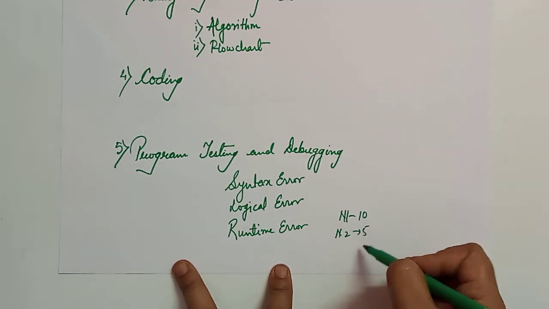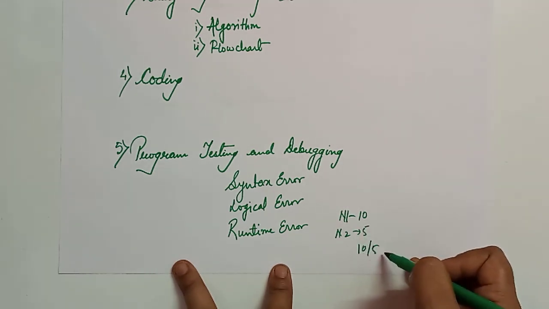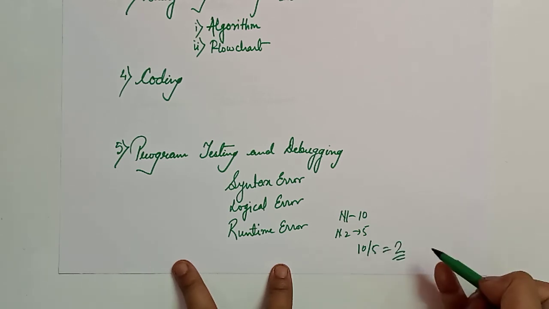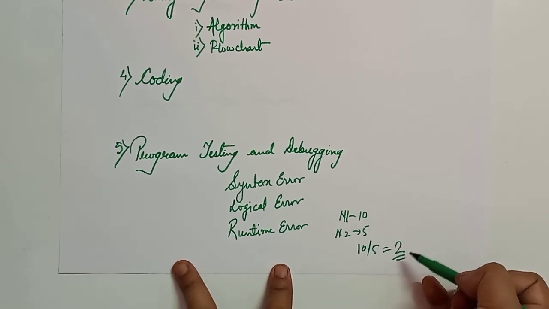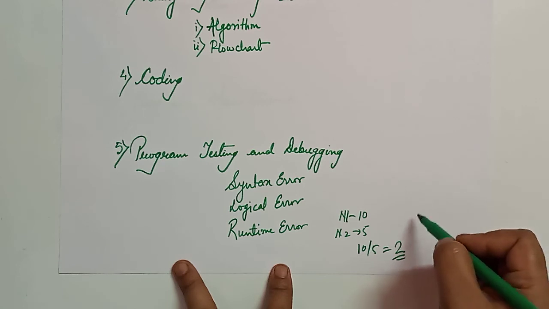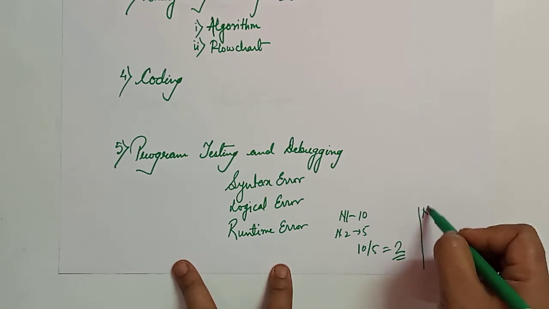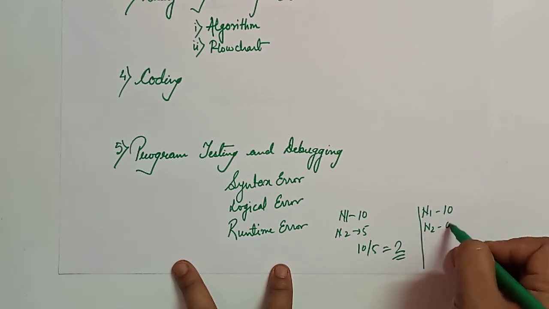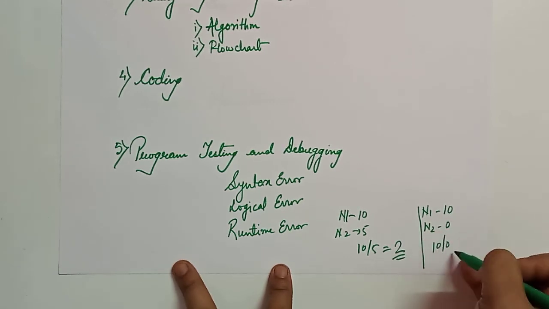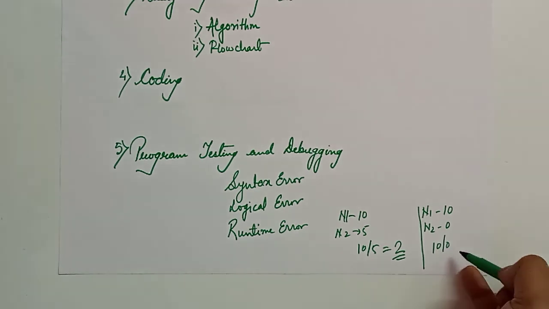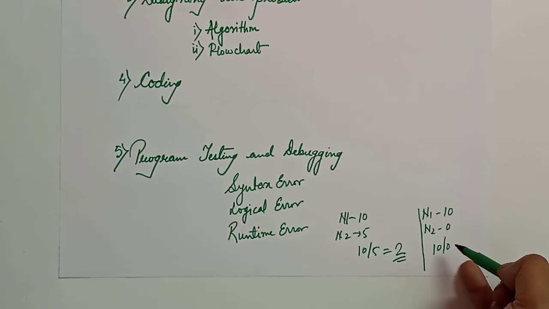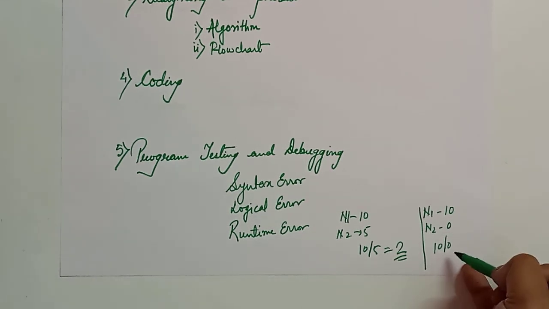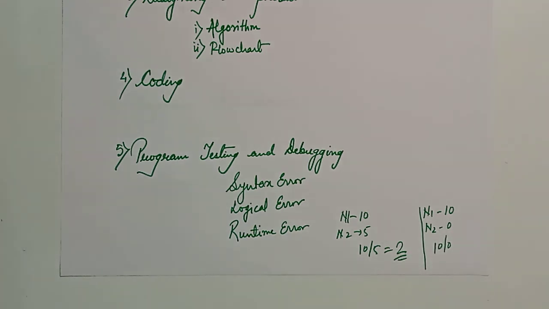So you want to divide 10 by 5 and display the result. No problem, the output will be shown, that is 2. But let's say the second time you enter 10 as the first number and 0 as the second number. Here an exception will be generated: divided by 0. The program will stop working because you have tried to divide a number by 0. So a divide by 0 error will be shown. This is what a runtime error is. Fine.